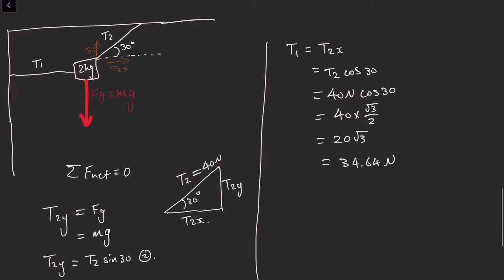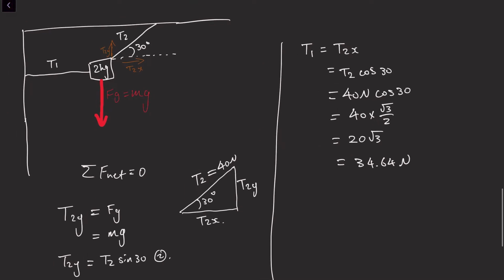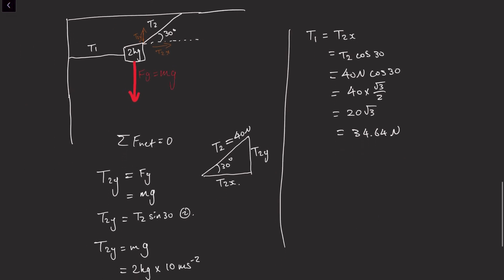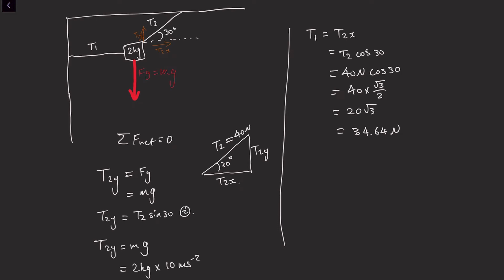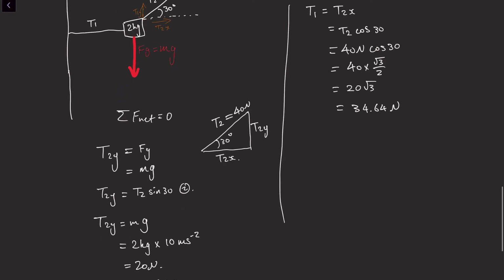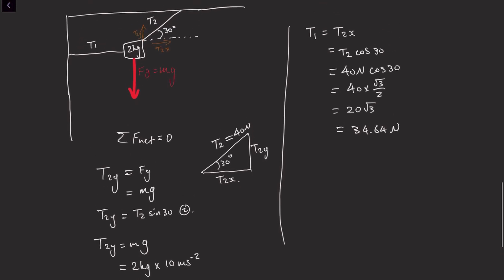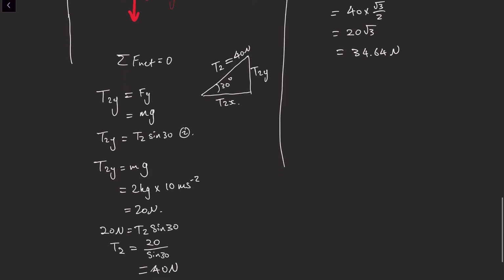So, unfortunately, the numbers are not particularly clean, but you get the idea that we can find the components of any force that is not acting perfectly vertically or perfectly horizontally. We can break it down into the x and y components and then equate them to find the total force that is acting upon that rope or through that rope. So let's move on and find something a little bit trickier. Now we have the same system,